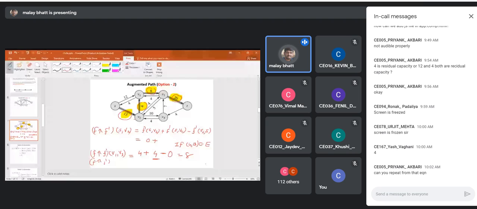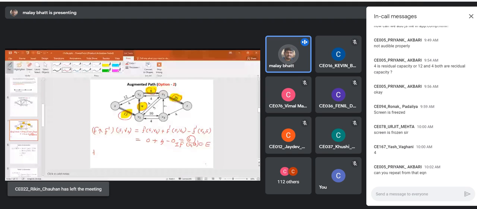If you use this augmentation, the flow value from s to v2 will increase by 4. Is this clear? All of you are getting the point which I am highlighting? If you have further queries, we can add one more line, because this is the most important equation. We have to use this throughout the entire flow network. If you don't understand this equation, it will create a problem at a later stage.